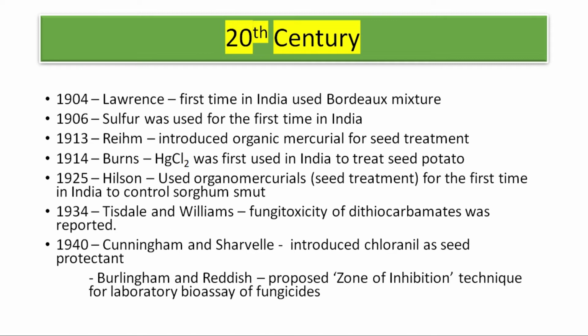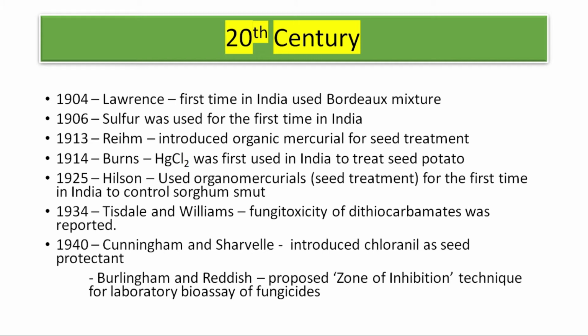Burns in 1914 first used mercury chloride in India to treat seed potato. Then Hilson in 1925 used organomercurials for seed treatment for the first time to control sorghum smut in India. Now we know these mercury compounds, inorganic or organic, are banned in most of the countries, including India, because mercury